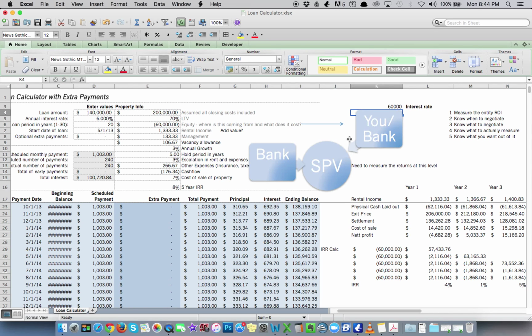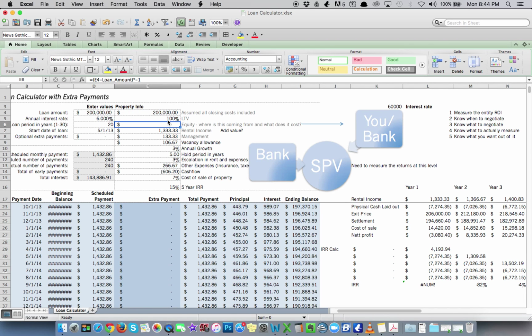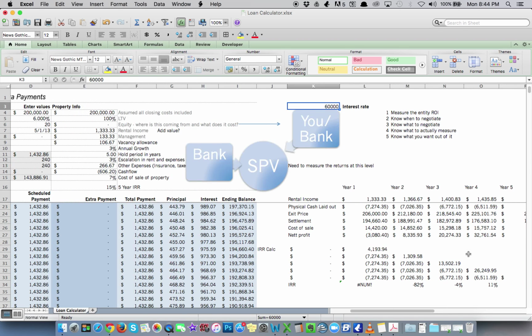But what happens then is that at this entity's level, you've suddenly created 100% financing because you're financing 60,000 and the bank's financing 60,000. So immediately you actually have to measure the SPV's return on investment at 100% financing because you've loaned the money and the bank's loaned the money. So this thing got money out of nowhere, and now we want to know how fast it is growing at 15% per year. Fantastic. So you funded the 60,000 in here, and then this SPV had to find another,